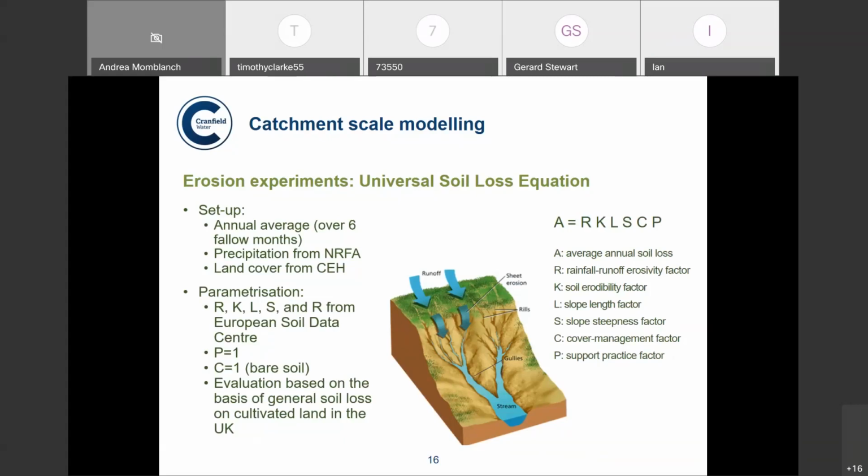So for the parameterization, we basically took the values of most of the variables from the European Soil Data Center, which has done an application of the universal soil loss equation over all Europe. For the parameters that weren't available, we used a value of 1 for the practice factor because we didn't have data, and we considered that our soil was bare under the baseline conditions, because, as I said, we are considering a quite long period from 1990 to 2015, while the cover crop scheme in the area was only in the last 4 or 5 years. So we can assume that the soil is bare in the period in which we are analyzing the erosion process, that is only during the fallow months from August till